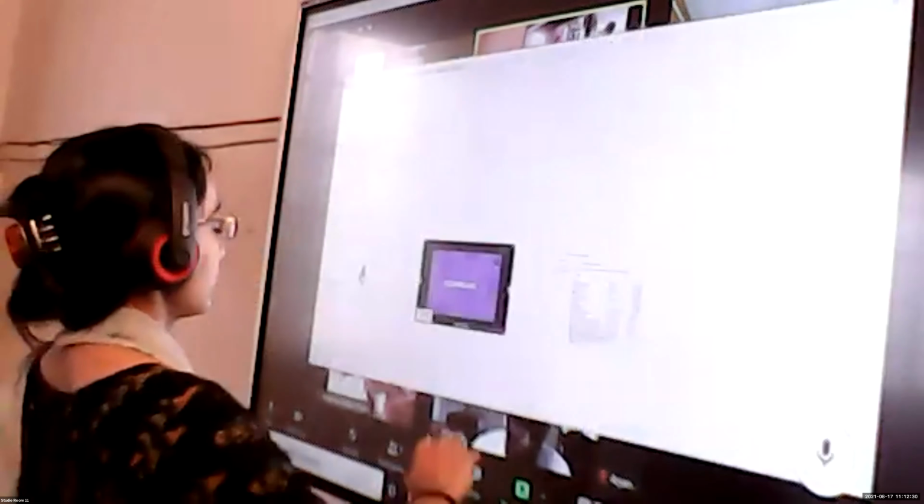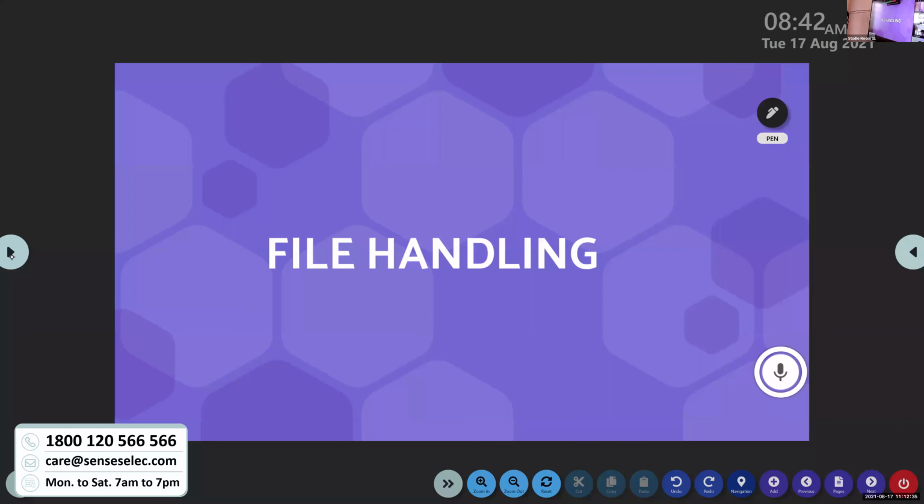So our chapter's name is file handling. It is the way of storing data in a file using a program.